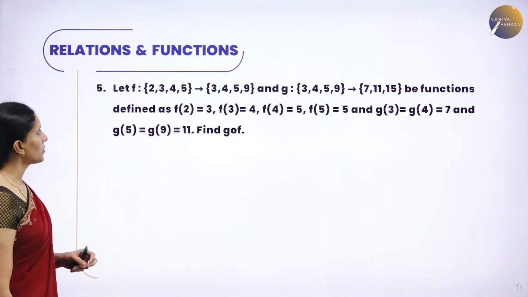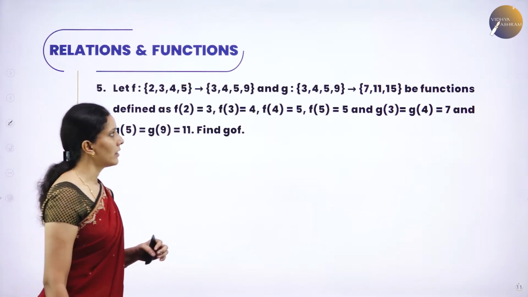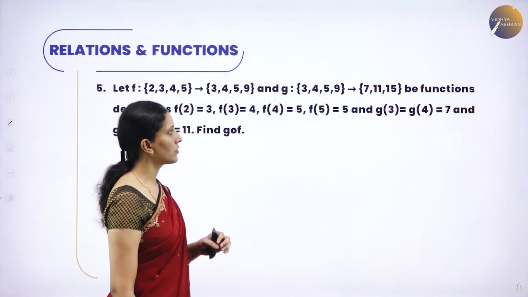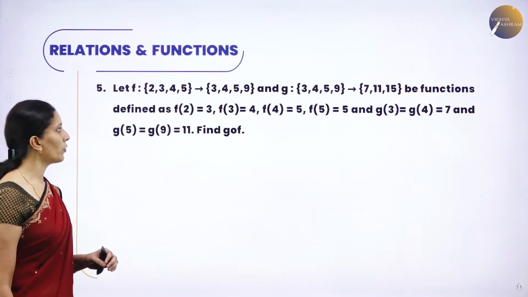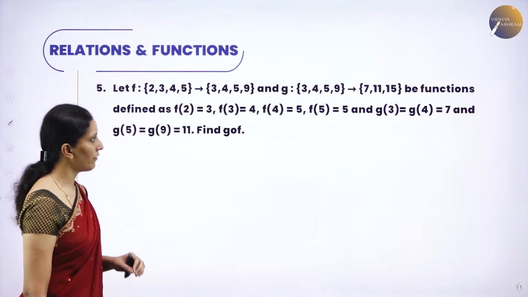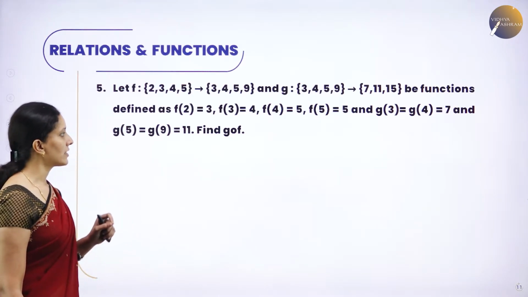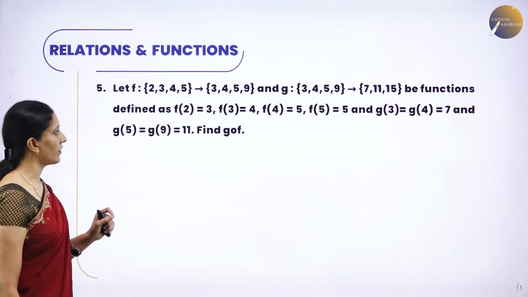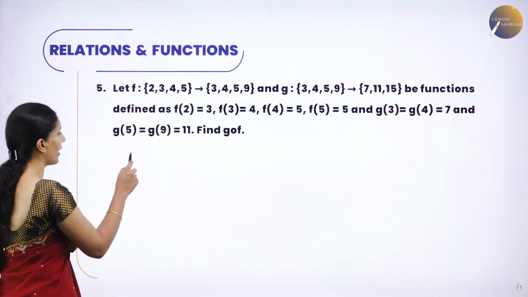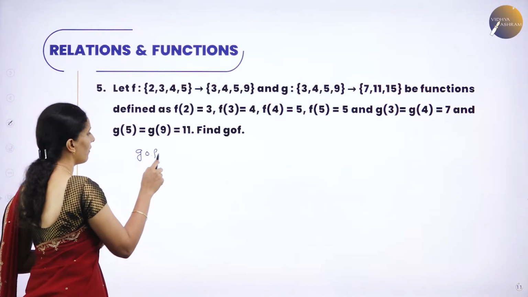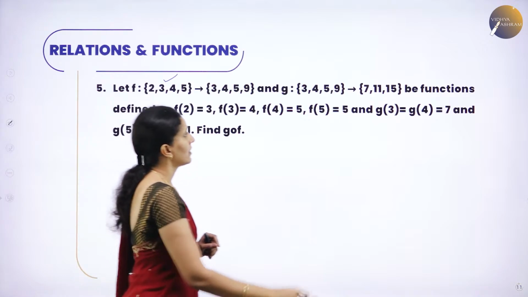Let f from {2, 3, 4, 5} to {3, 4, 5, 9} and g from {3, 4, 5, 9} to {7, 11, 15} be functions defined as f(2) = 3, f(3) = 4, f(4) = 5, f(5) = 5, g(3) = 7, g(4) = 7, g(5) = 11, g(9) = 11. Find g∘f. So we have to find g∘f, which means from the set